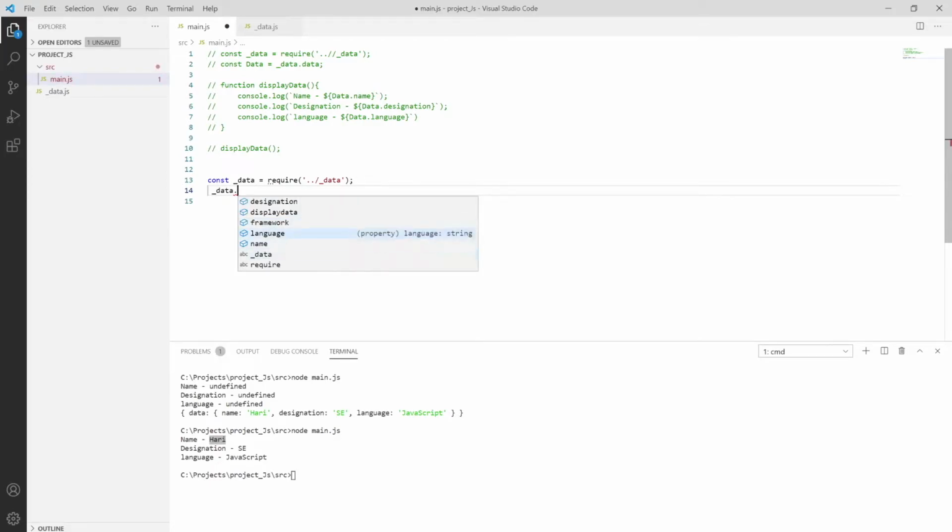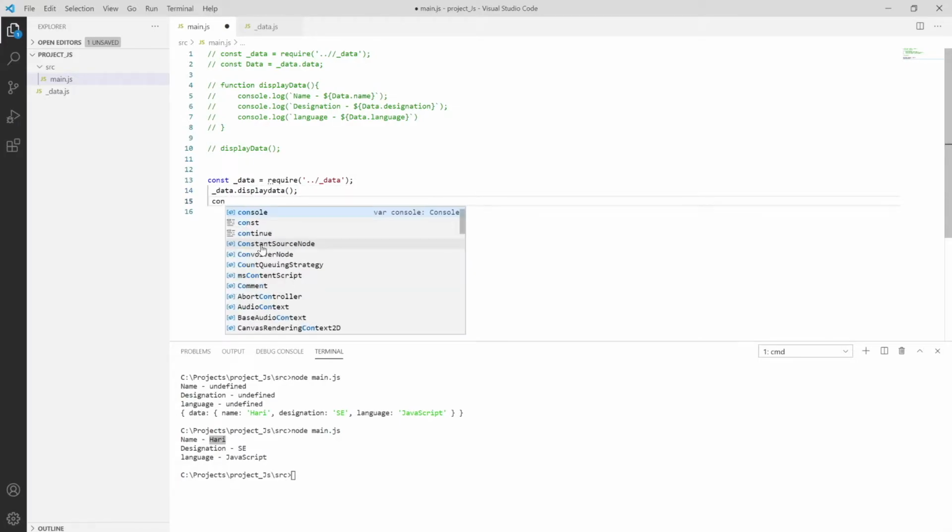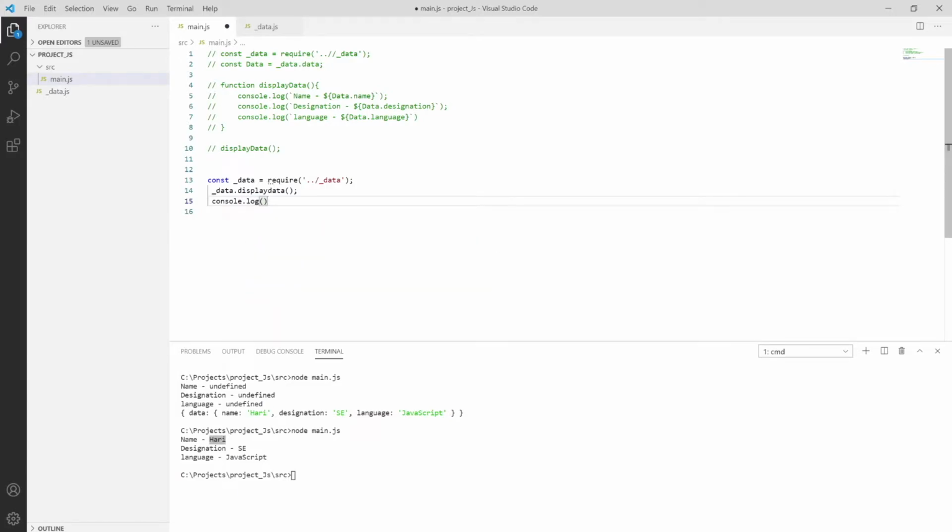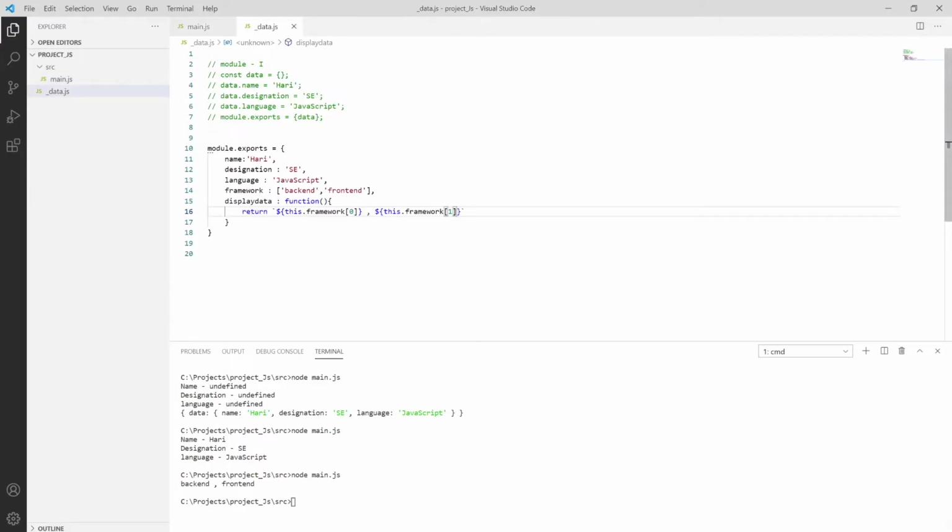You can see whatever the function, say I want to call displayData, which will return me a framework. As you can see, I have to print to the window so I can access it in such a way. I can print it using Control C and paste it down over here, skip this thing, save it, and try to run this. As you can see, we have backend and front end returned. So that function displayData returns a framework of backend, comma, front end. That's how it's returning.